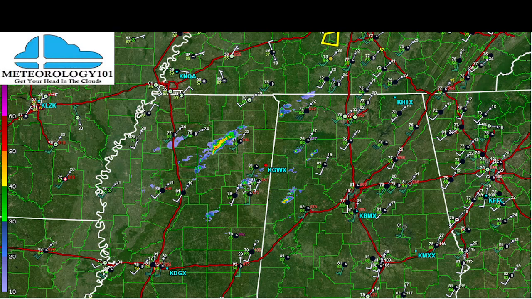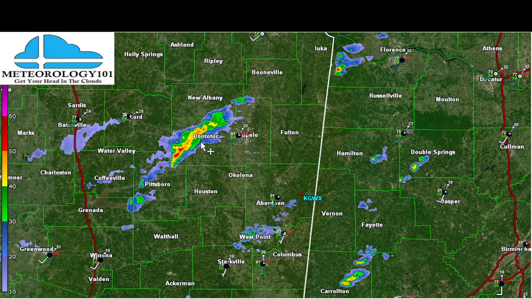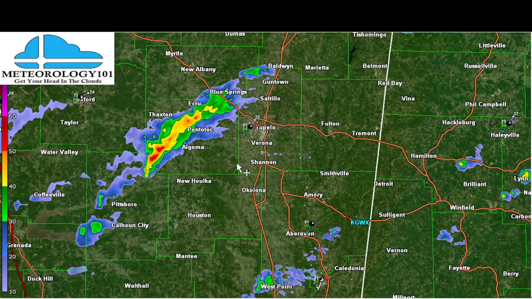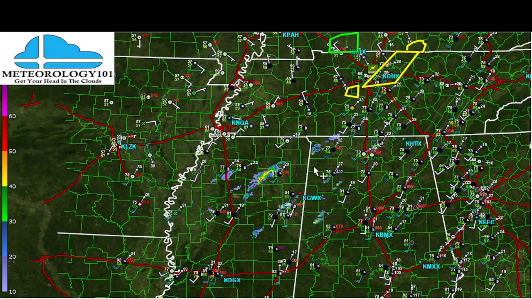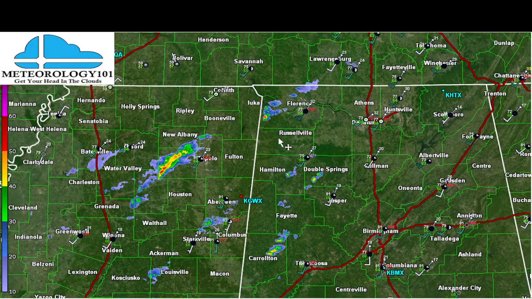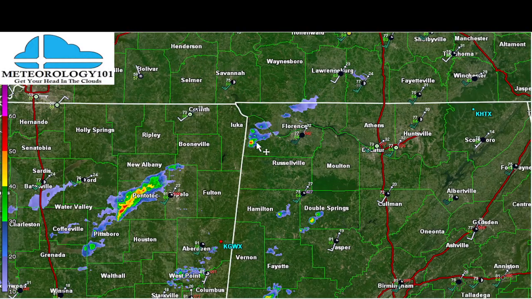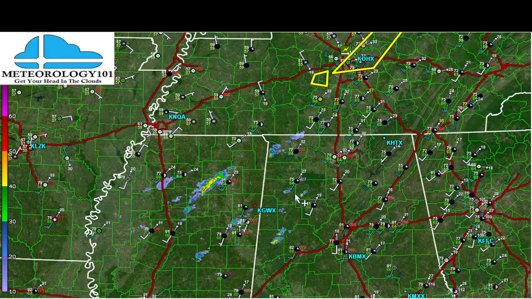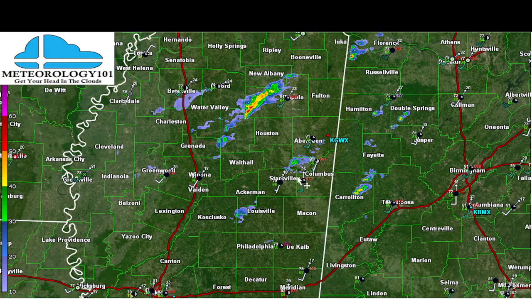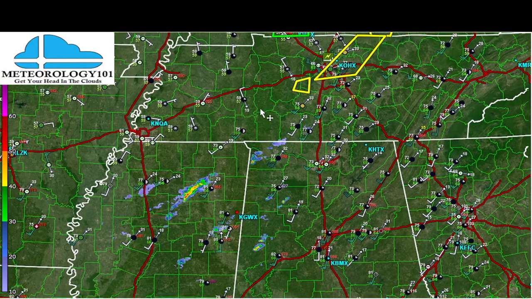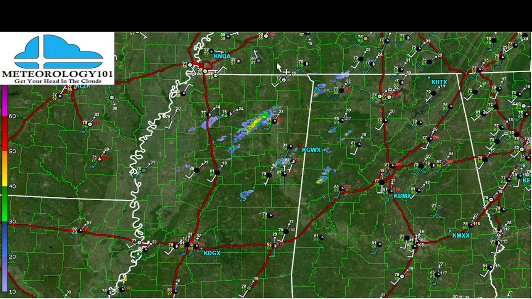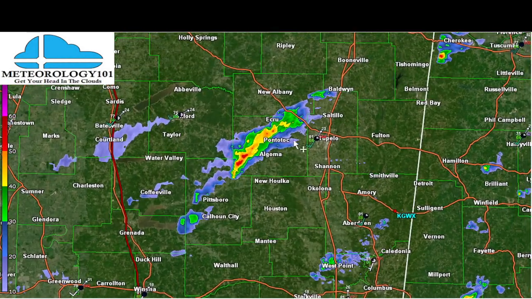Let's get back to the radar. There's an isolated cell. So we do have some isolated stuff popping up in Mississippi right now. An isolated cell right here in northwest Alabama. Some isolated cells through Alabama. So we're kind of lining up with those storms for what the HRRR was showing. But how severe are these things? We're not in a severe warning just yet with these, but let's see